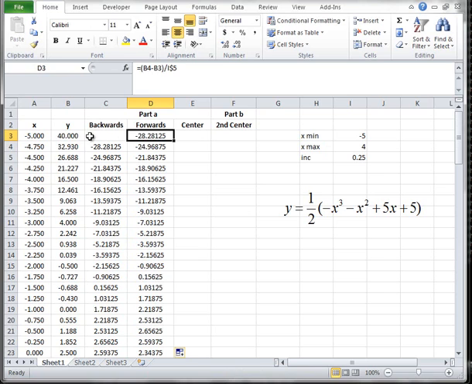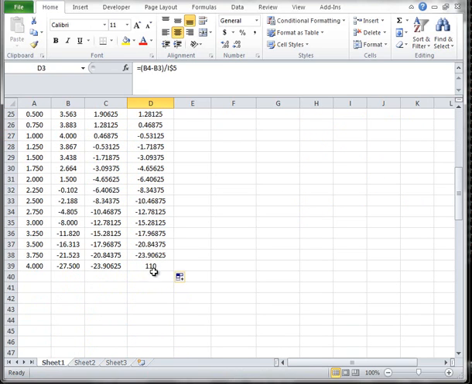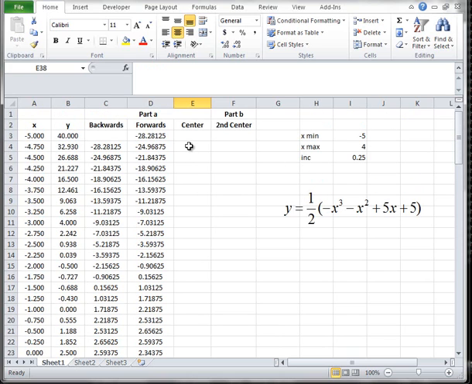Because the first value works for the forwards, the last value will not. You see how strange that is? So I delete that. Now the center,